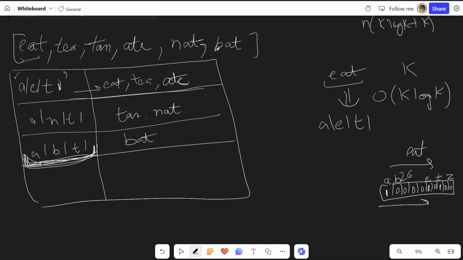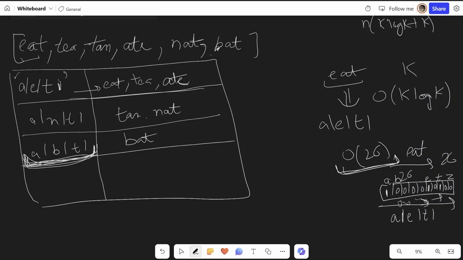Now I go through this array, and wherever there is a non-zero frequency, I just use that corresponding letter with its frequency. So A1, B0, so ignore the zeros, and E is 1, so E1, and similarly T is 1, so T1. This will be 26 steps, so this will be O of 26 time to iterate this array.